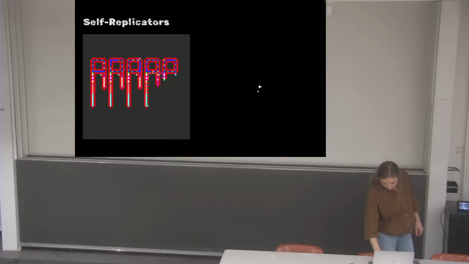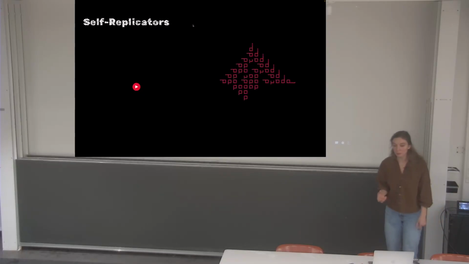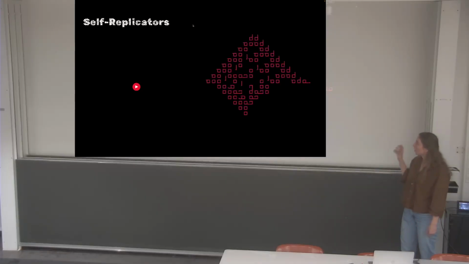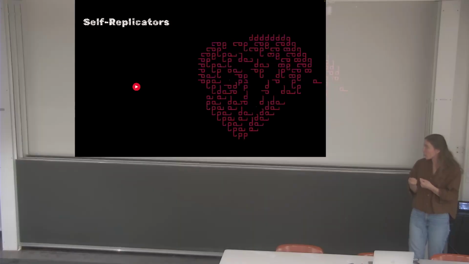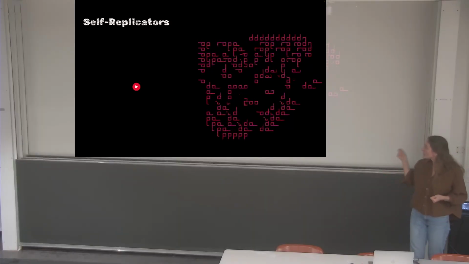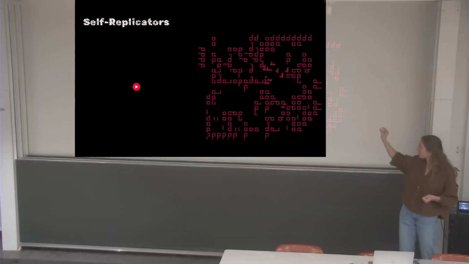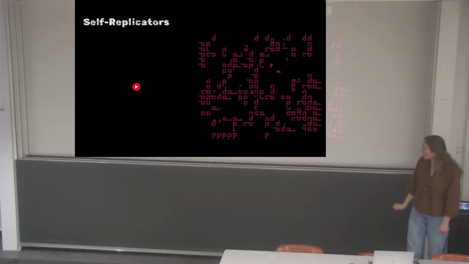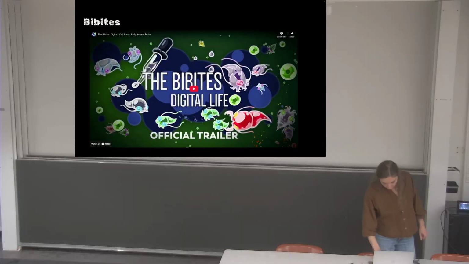Some constructions even allow for certain sorts of inheritable mutations, such as these evoloops, which upon interacting with each other can change each other's genome, and that manifests phenotypically in loops of different shapes. So typically evolving towards the very small ones that replicate fast. So that's also quite interesting.